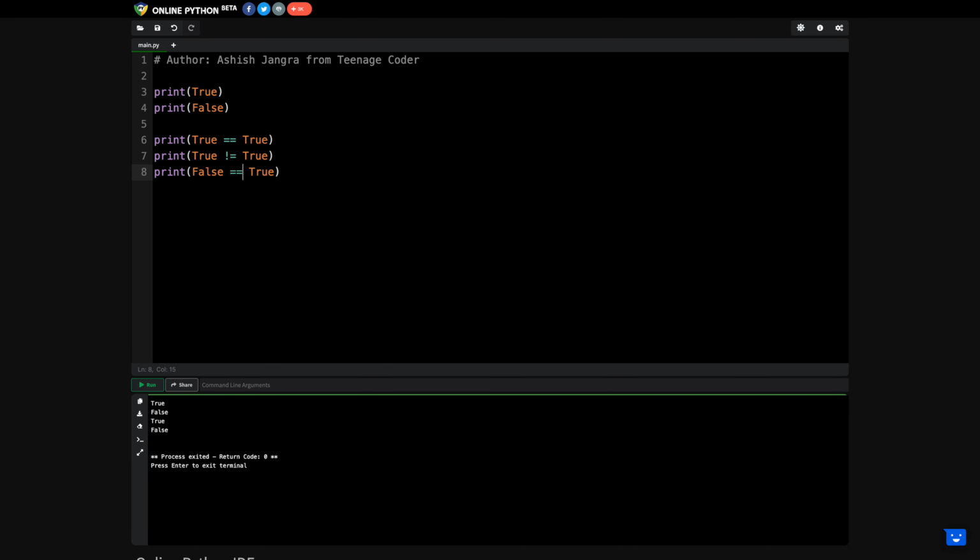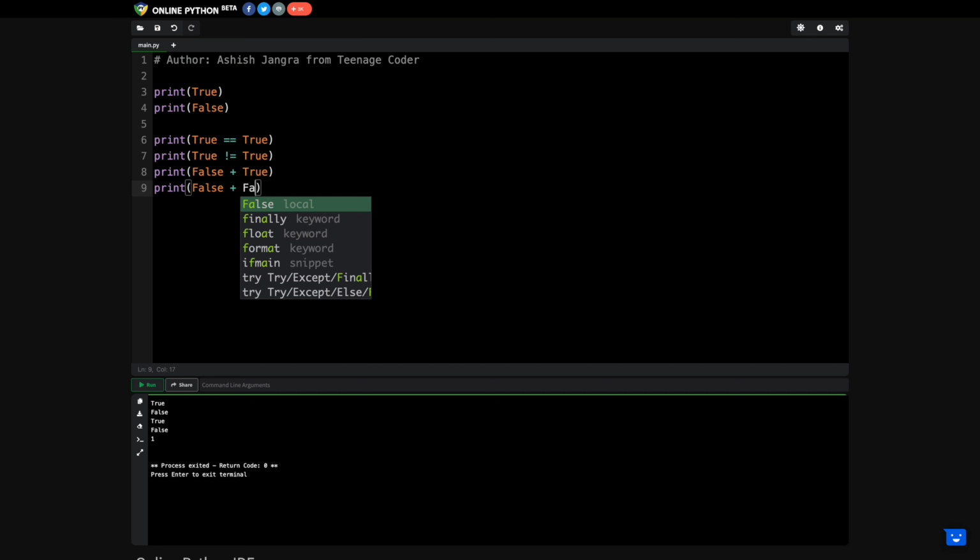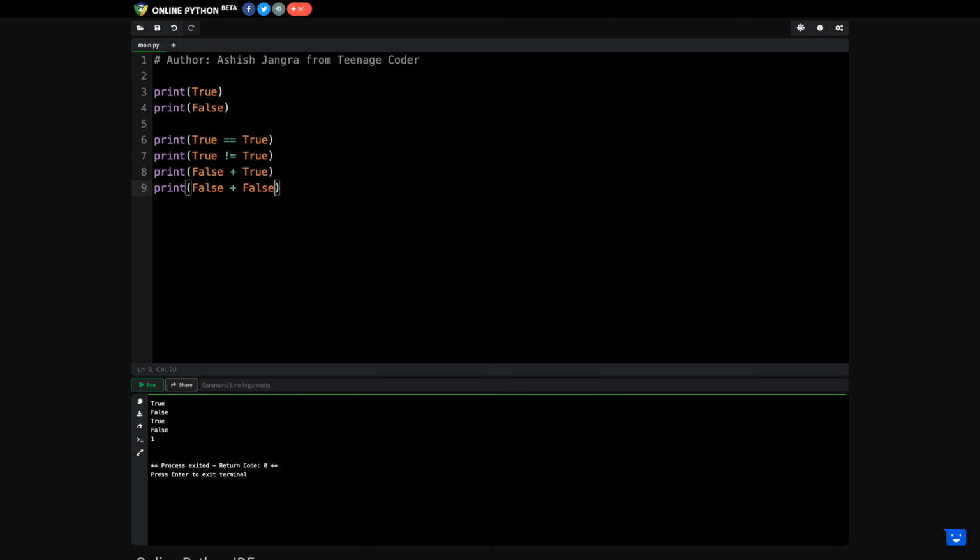You can also try false plus true. What will you get if you write false plus true? You can also work on whether it works or not. False plus true will give you 1. Okay, what about false plus false? False plus false should give you 0. Okay, that makes sense as well.